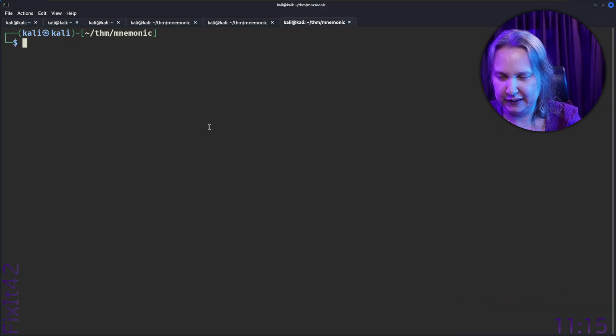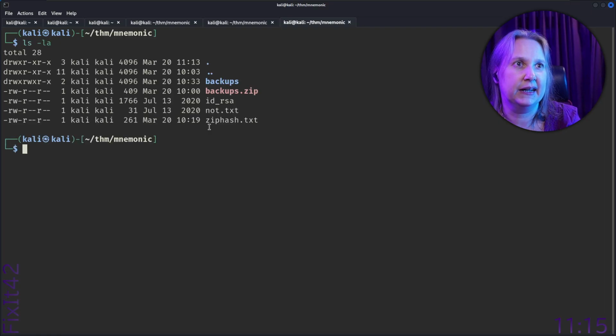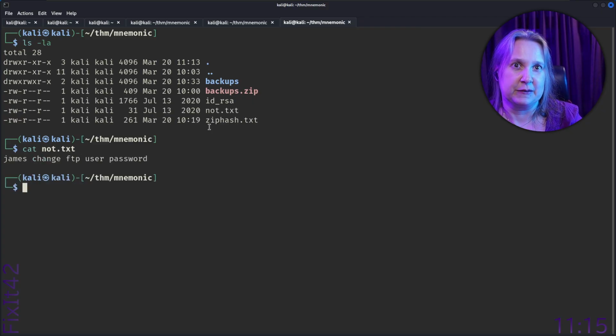So I was actually going to read the files. So let's check what we had now. We have the ID RSA, and we have, let's look at this note. James, change FTP user password. Okay.